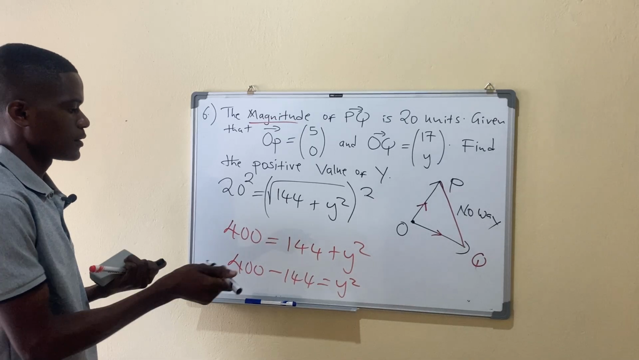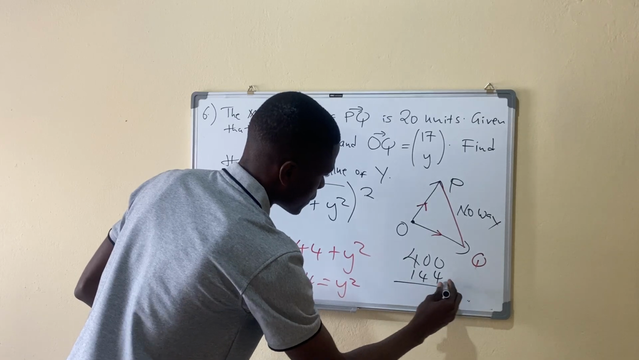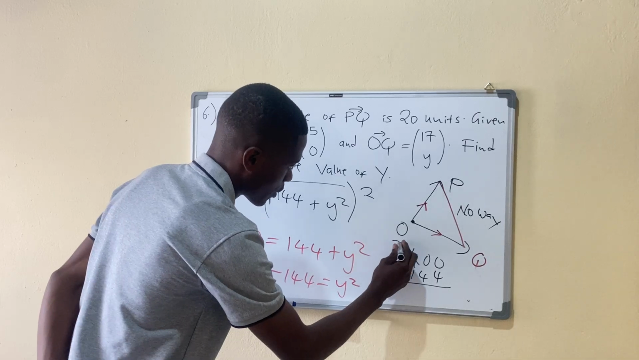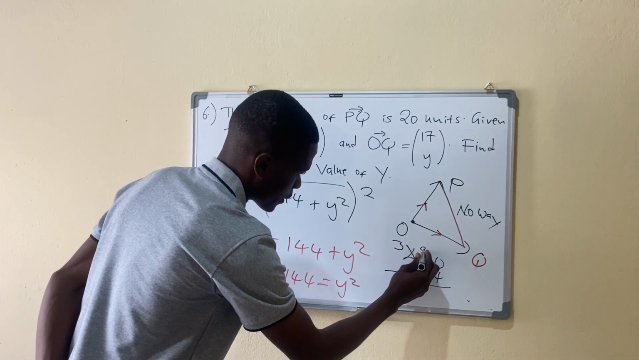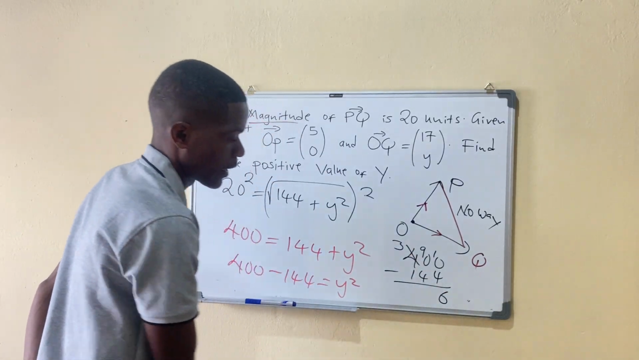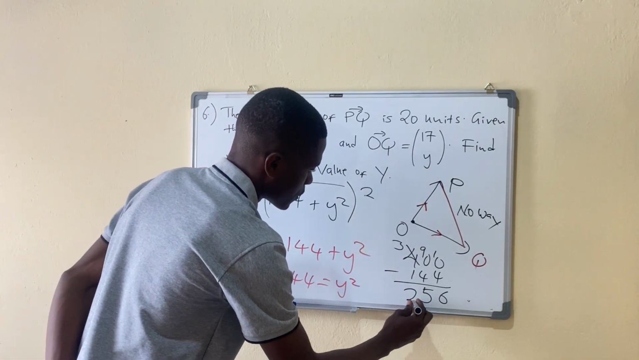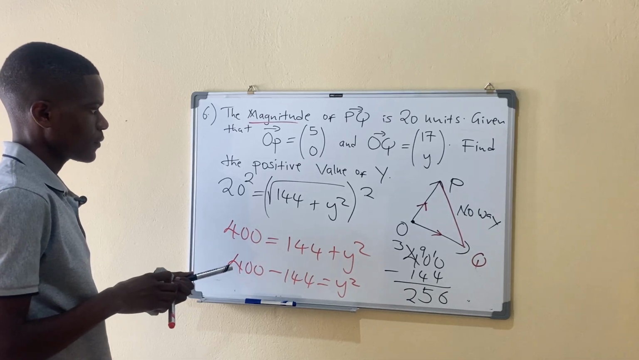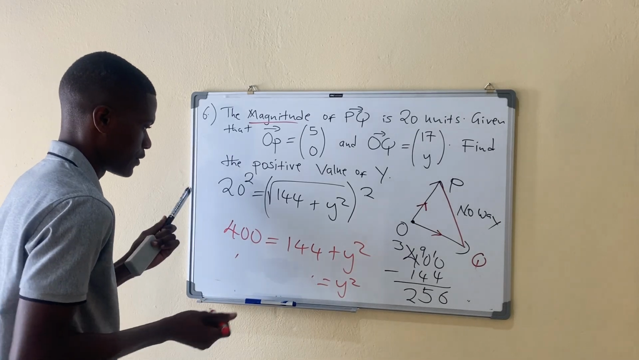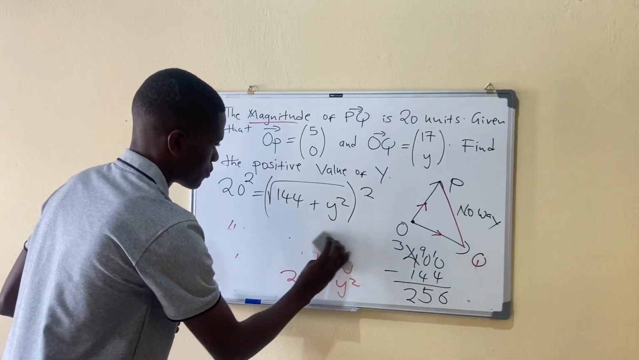Calculators are not allowed. So 400 subtract 144. 0 minus 4 we can't, so we borrow 1 from there and remain with a 3. Here we leave a 9, and the 1 goes there. 10 minus 4 is 6. 9 minus 4 is 5. 3 minus 1 is 2. So we get 256. So this side we're going to have 256 after subtracting. To find the value of y,